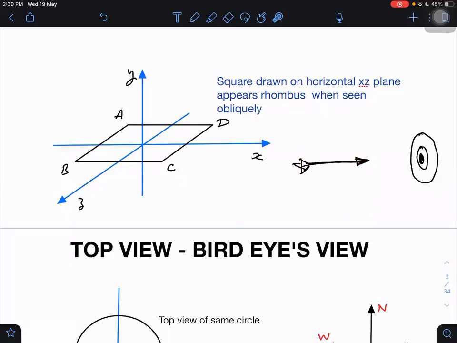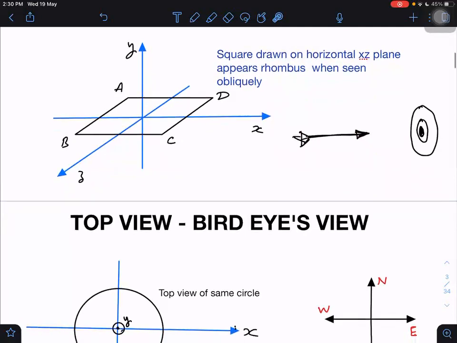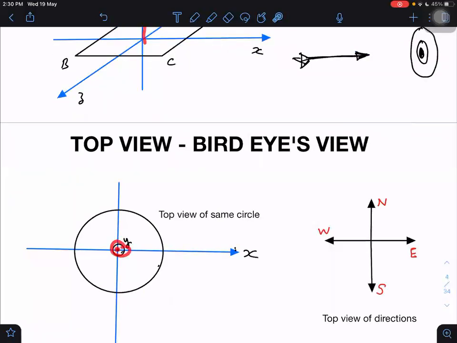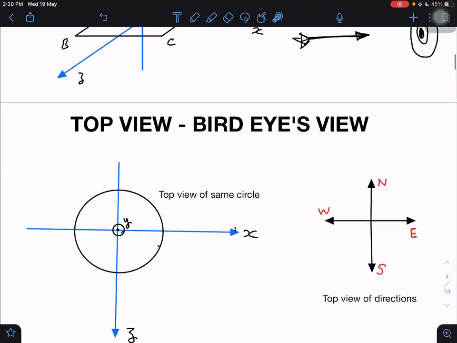Understood? Sir, but minus y-axis is away now, sir. Minus y-axis is away, but when we say y-axis is this dot, then what does it mean? If I say this is the direction of the x-axis, then I don't need to say that this is the direction of the positive x-axis. It is understood that if I'm saying the x-axis is towards the right, it means the positive x-axis is towards the right. Similarly, if I'm saying the y-axis is upside, it means the positive y-axis is upside. Similarly, if I say the y-axis is towards the dot side, it means the positive y-axis is towards the dot side. That is what it means. Okay.